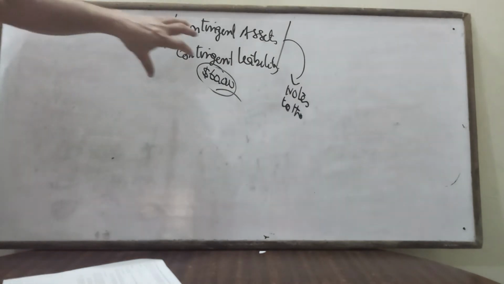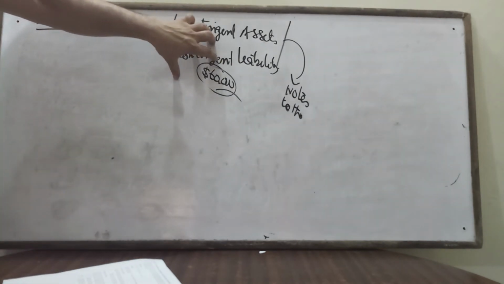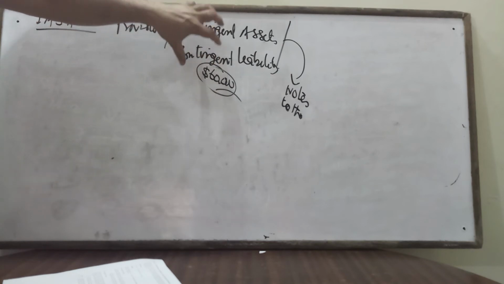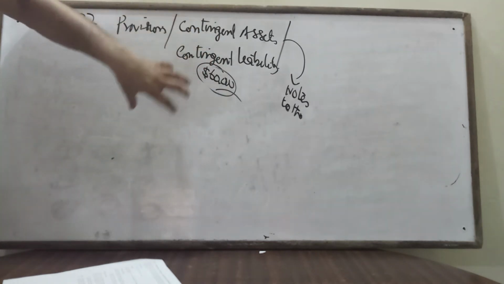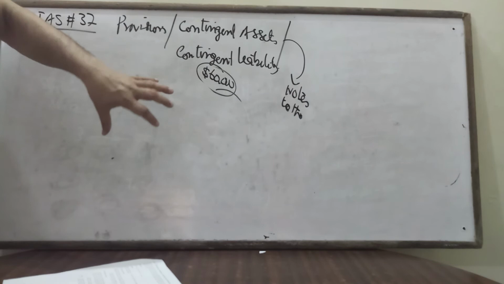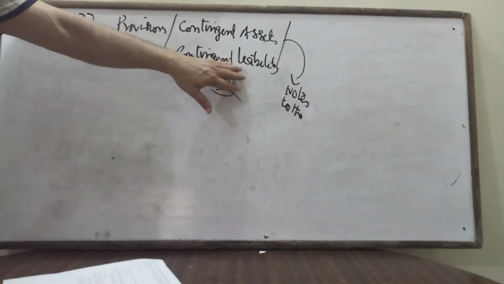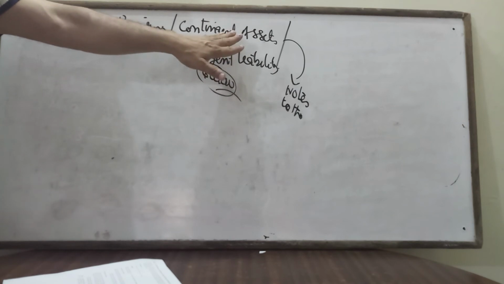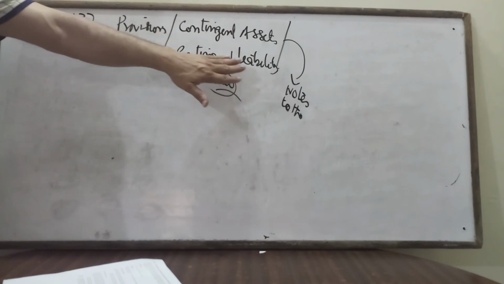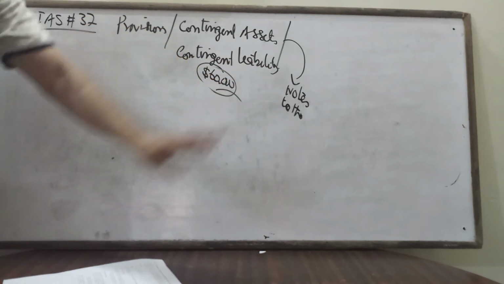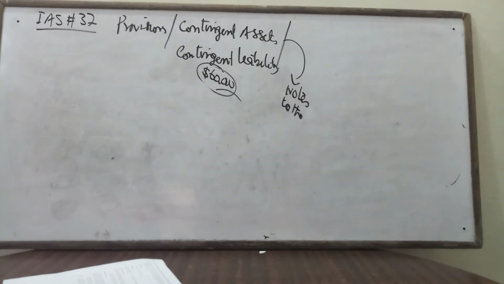So this is called contingency. Anything which is not confirmed, but the company is willing to take the amount and to show the shareholders, that is called contingency. If it is receivable, contingent asset. If it is payable, contingent liability. But both cannot be recorded in the balance sheet as an asset or as a liability. Both must be recorded as notes to the accounts in the statement of financial position, outside the balance sheet. Okay.